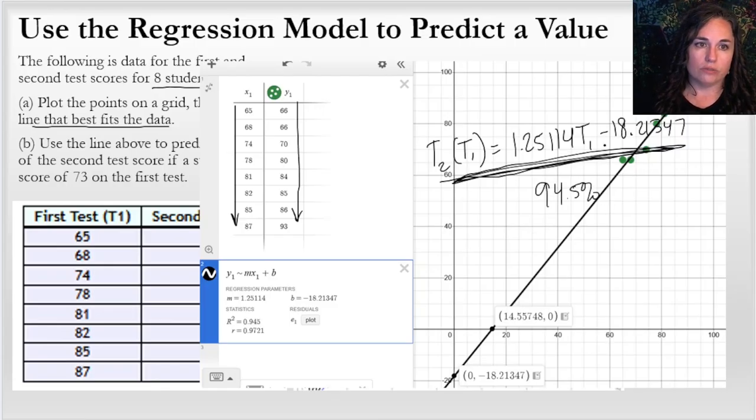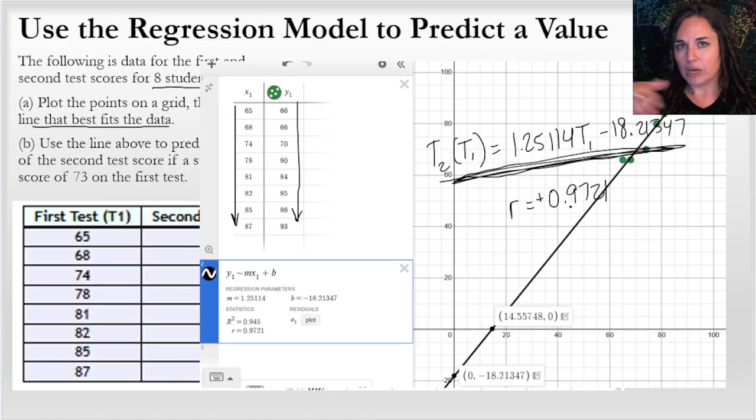94.5% of the variation in the data is accounted for by that linear model. They tell us the correlation coefficient is 0.9721, so it's pretty close to 1. It's a very good fit overall, and it's positive, which we expect. We have a positive slope. The one thing that I really want to make note of while I'm here is that